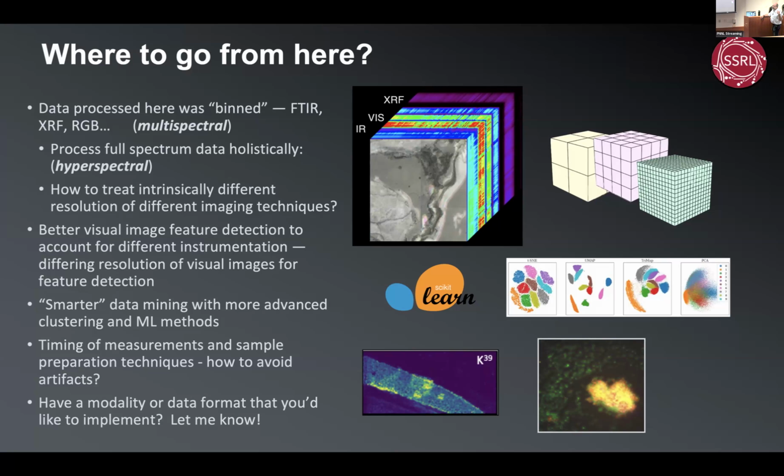Again, going back to what Jocelyn showed, we have a really good question of how we time these measurements. What's the order of measurements? Is one going to damage the sample? Is one of the preparations going to damage the sample? So we need to think about a workflow of what we do, when, and how to avoid artifacts, so that when we do these registration techniques, we're not losing